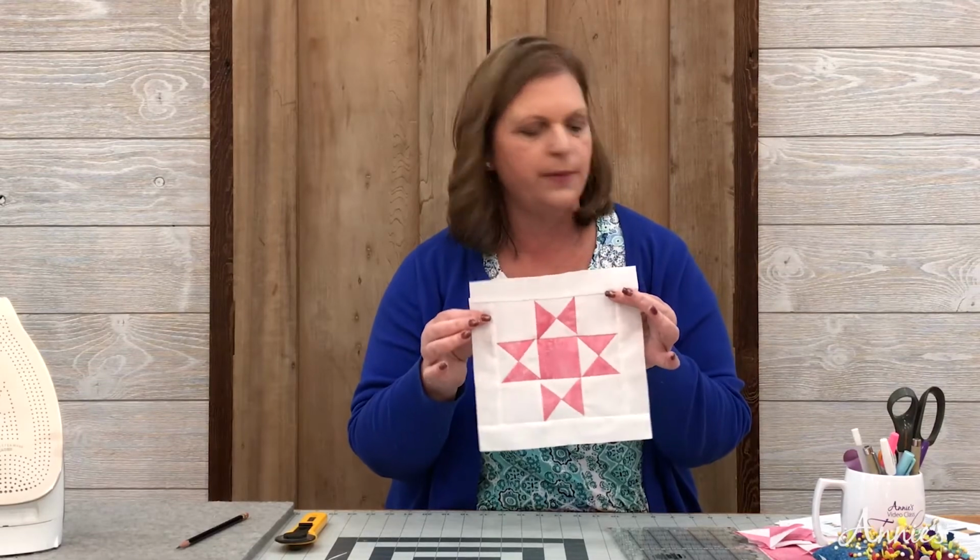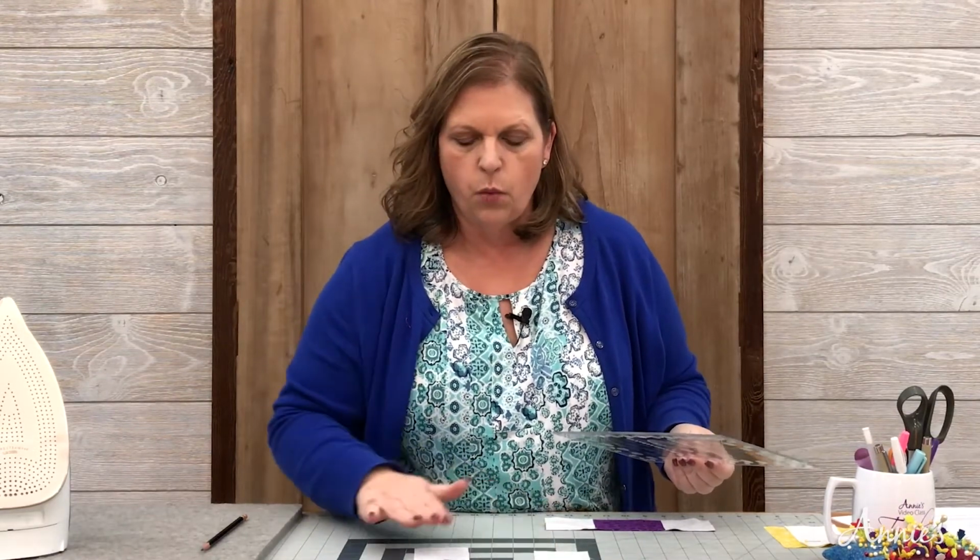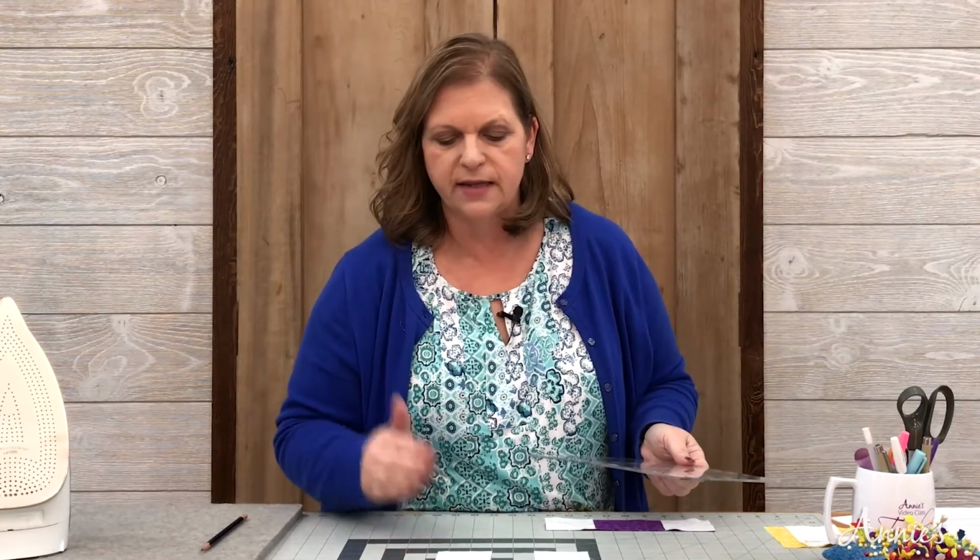Next up, we are going to be making the spool blocks. The next block that we're going to make is our spool block, and it assembles very easily. Same way that we did with our quarter square triangle units or our half square triangle units previously, we're going to start out by drawing a diagonal line on the wrong side